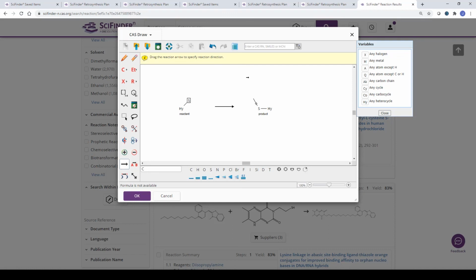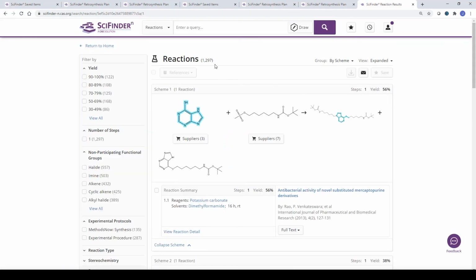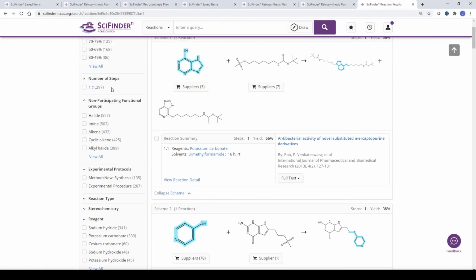So kind of non-participating functional groups that shall be tolerated in case you would like to prevent the need of protecting group chemistry. Click on OK and refine this as a substructure to give us already a more specific set of reactions. I mentioned already the option to also refine by non-participating functional groups, and additionally to the possibility to do this in the structure editor, we have